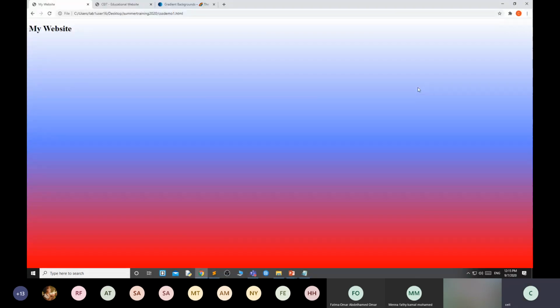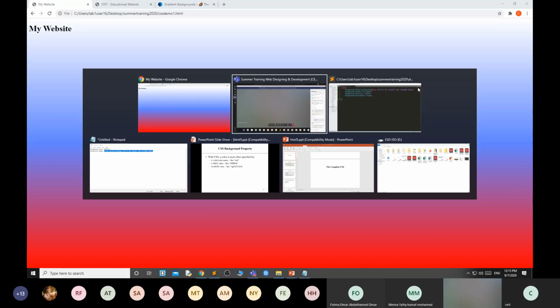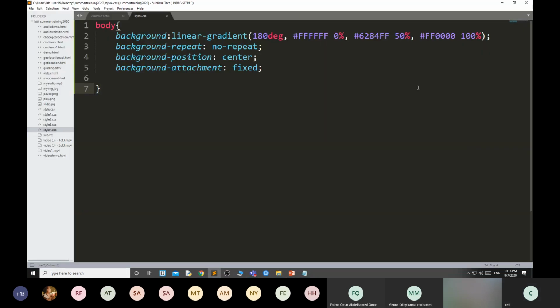Do all of you understand? Most of you have doubts in CSS units and CSS color, that's why I took a lot of time to explain this.